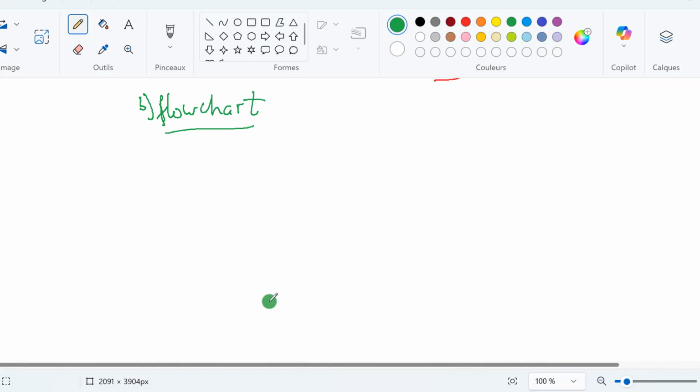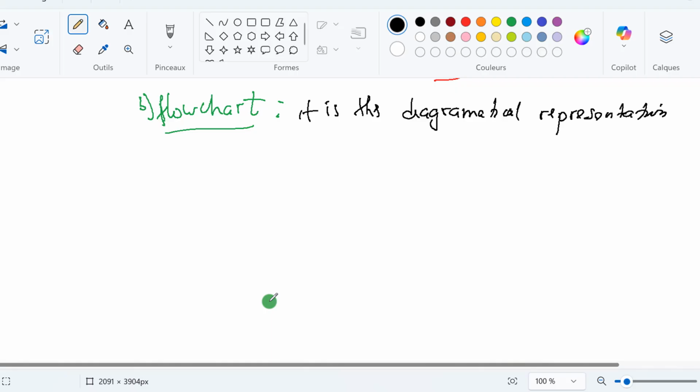Now, B here is what? Flowchart. Okay. Now what's a flowchart? So here also you have different ways of defining. As I'm usually telling my students, don't cram things. It is the diagrammatical representation. The other one was textual representation. So this time I'll remove that textual and say diagrammatical representation of an algorithm